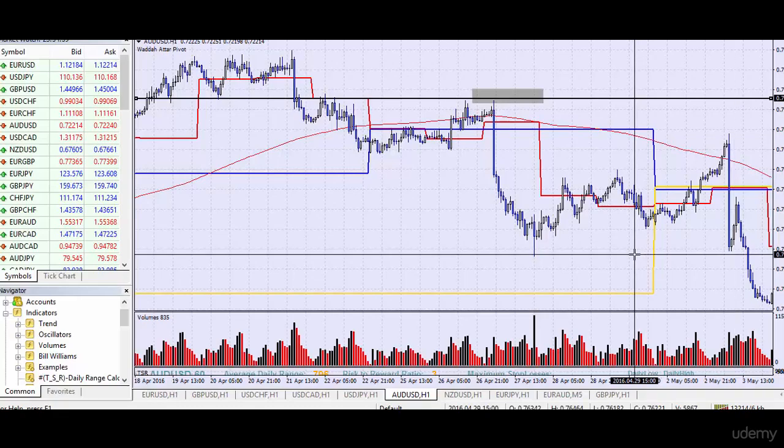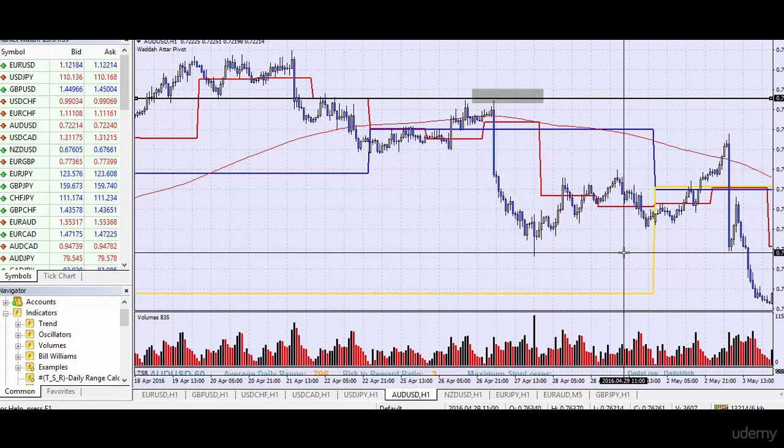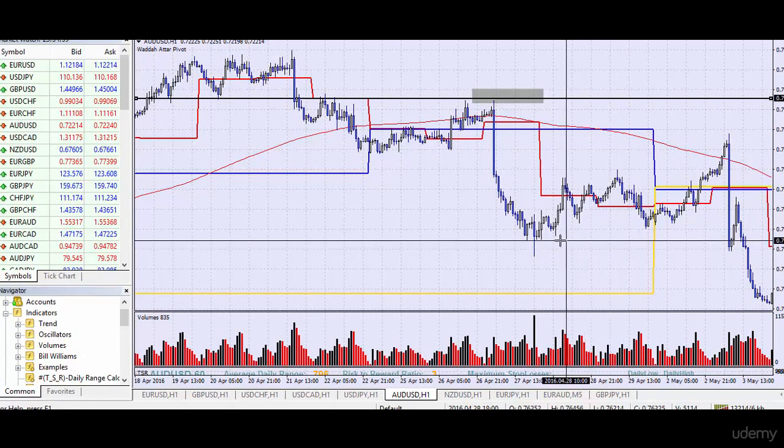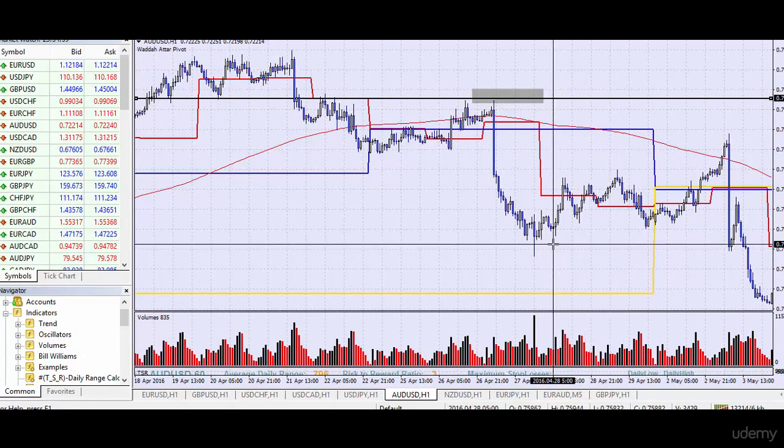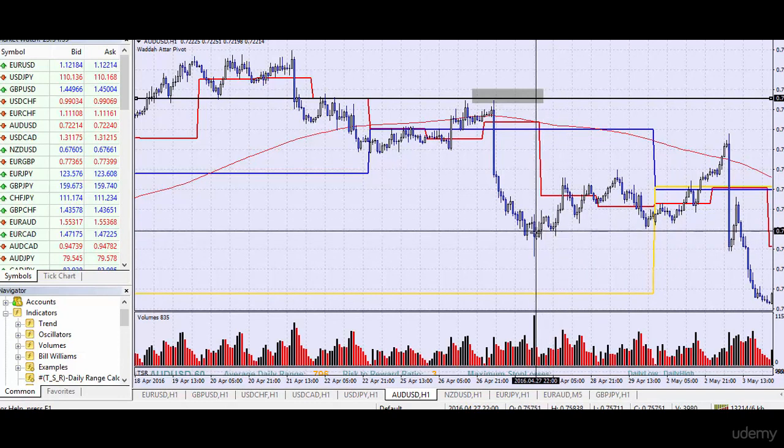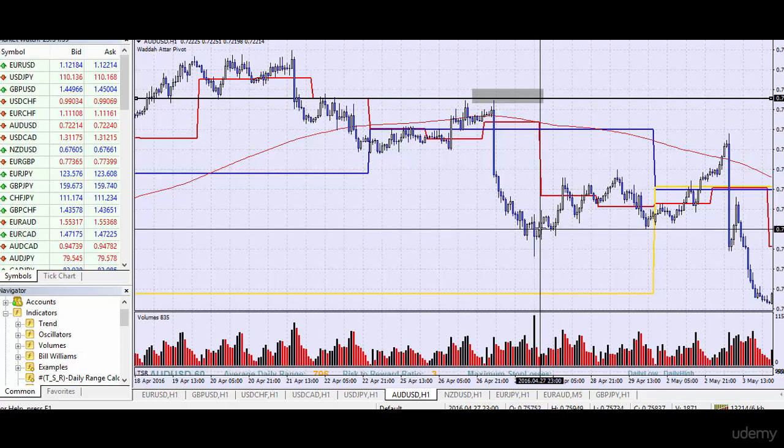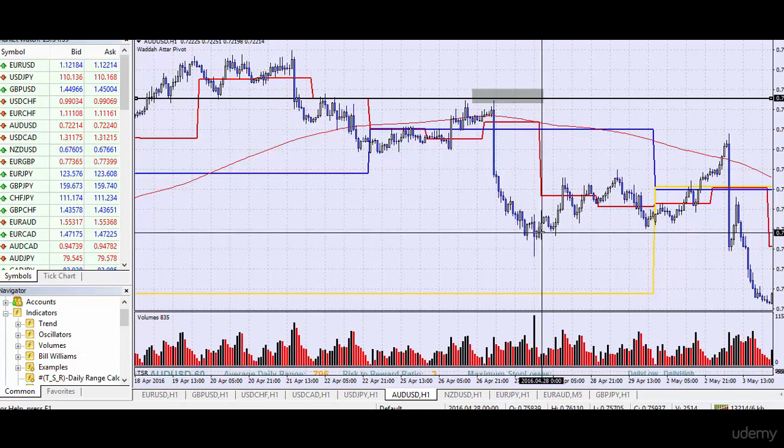Okay, so after reading the news feed and finding out that there's a 50% chance of these guys cutting interest rate at the May 3 meeting, we're looking to sell the Australian dollar USD. But we can't just enter the market here, so we have to wait. We have to wait until close to May 3 before we sell the market,